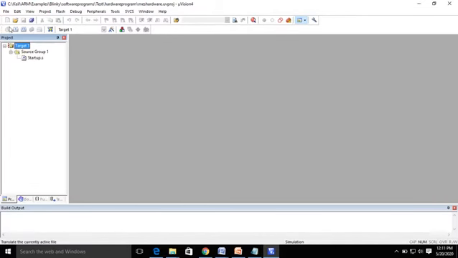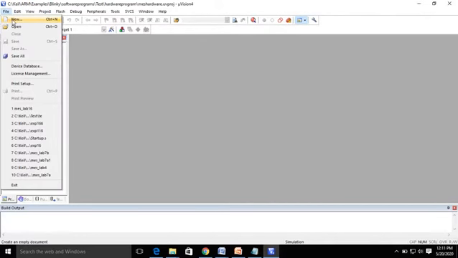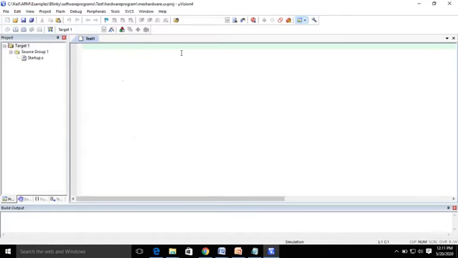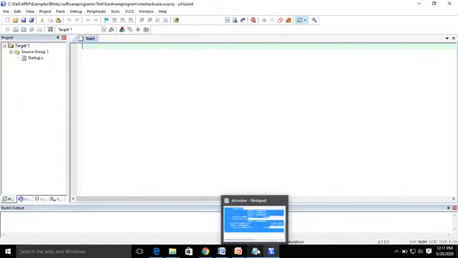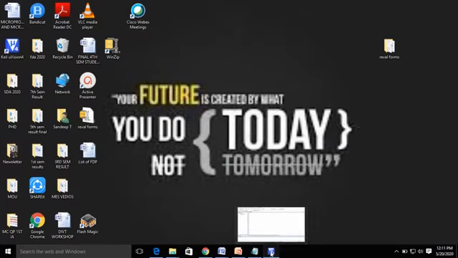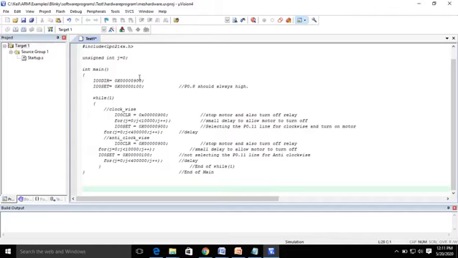Once you have created the project, you need to create a file where you can write the program. To create a file, go to File, click on New. You will get a source window where you need to write the program. I have already written the program, so I will just paste it.